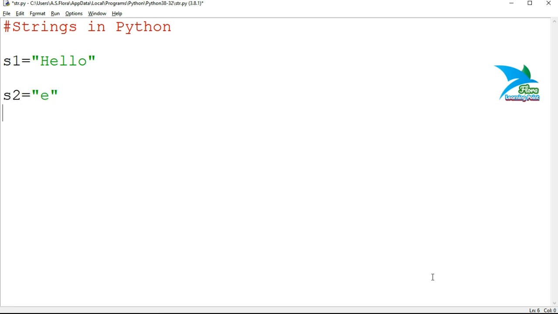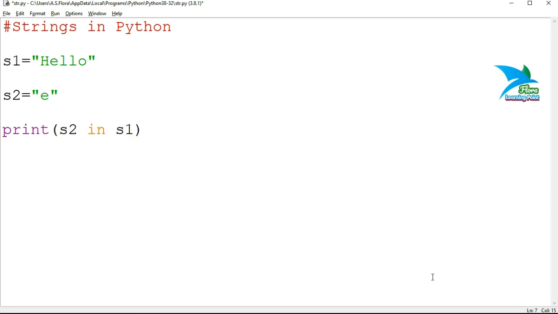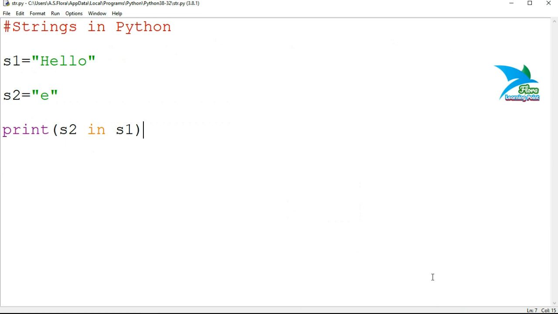I'll specify s2 equal to e, as we discussed in the slide, and now I'll check a condition here: print s2 in s1. You can use this statement for printing only, and the result is true.